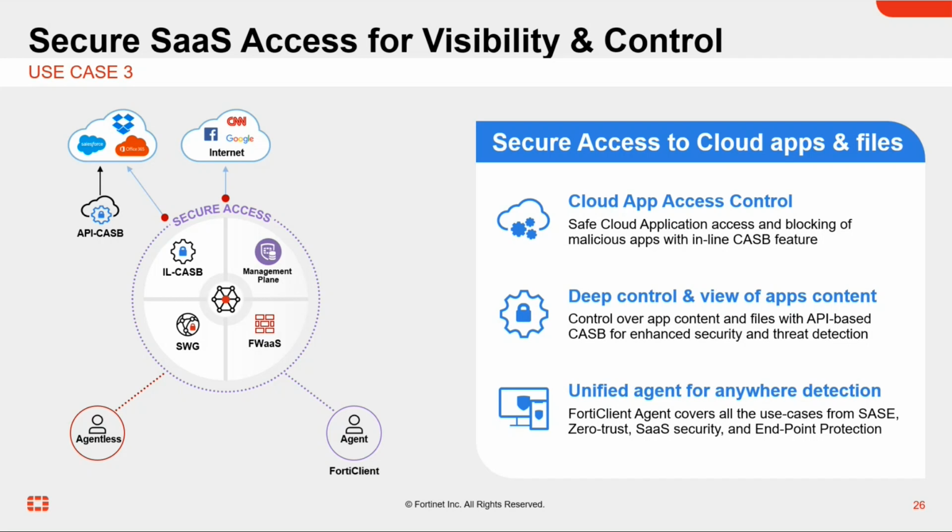Once again, providing that deep control with the deep visibility of the traffic that goes to those SaaS-based applications to potentially block certain sub-applications. Let's say from a Microsoft Online perspective, not allowing access to SharePoint, for example, we have the ability to control that as well. And then finally, the unified agent. So the agent that's installed on the endpoint, which is namely called FortiClient, providing that endpoint protection, but a lot of other capabilities, the zero-day threats, the zero trust network access component as well.